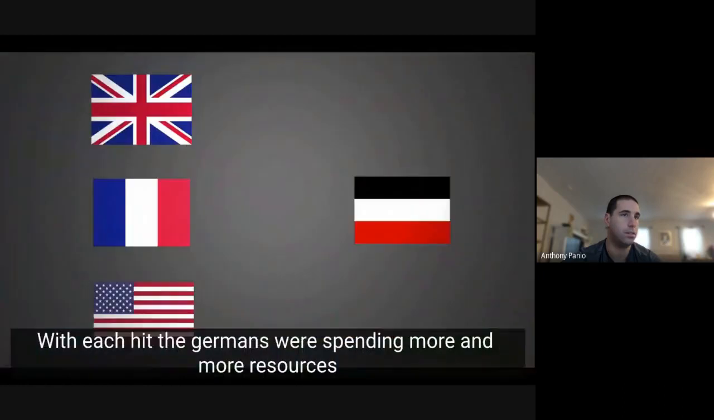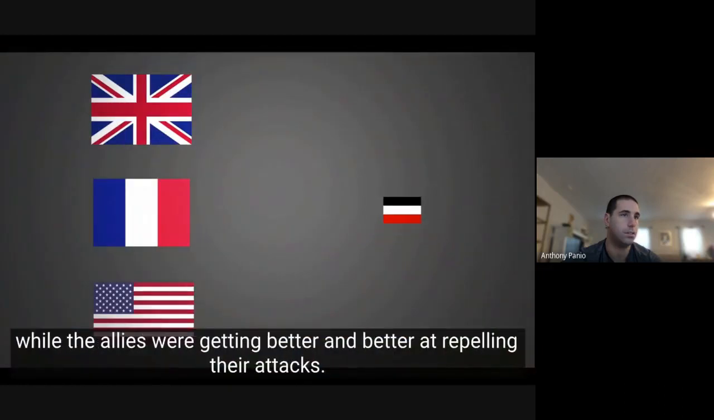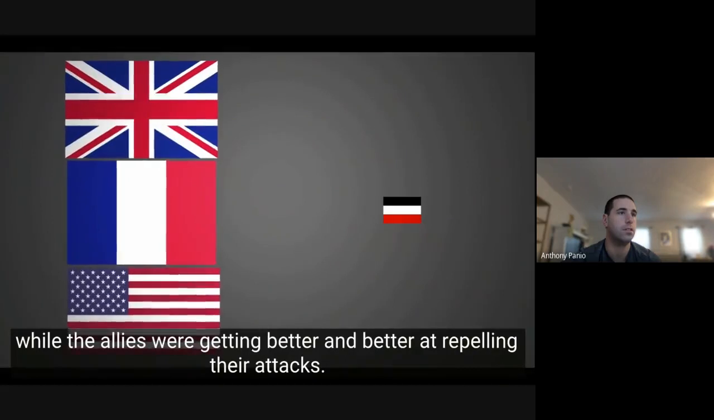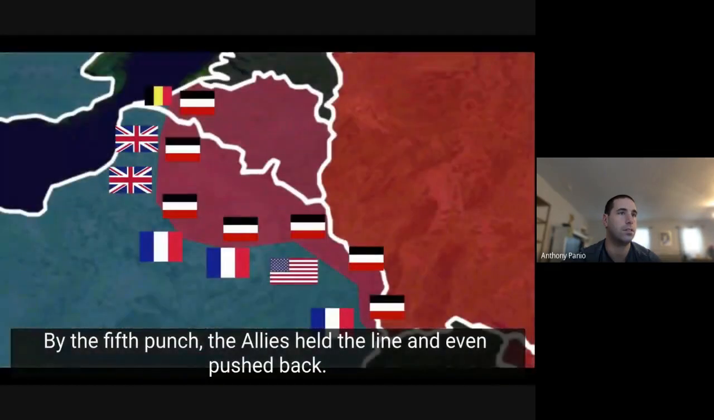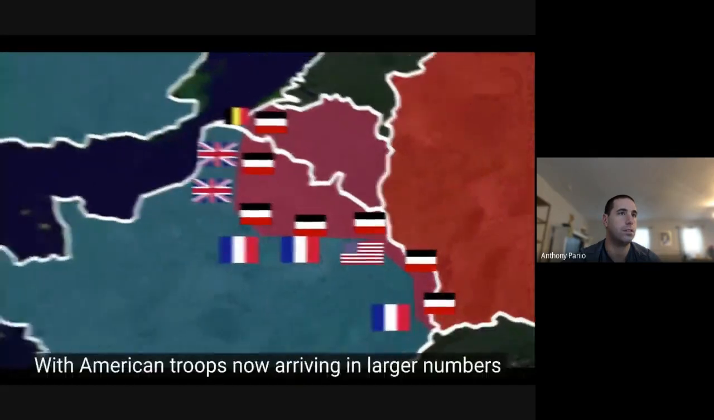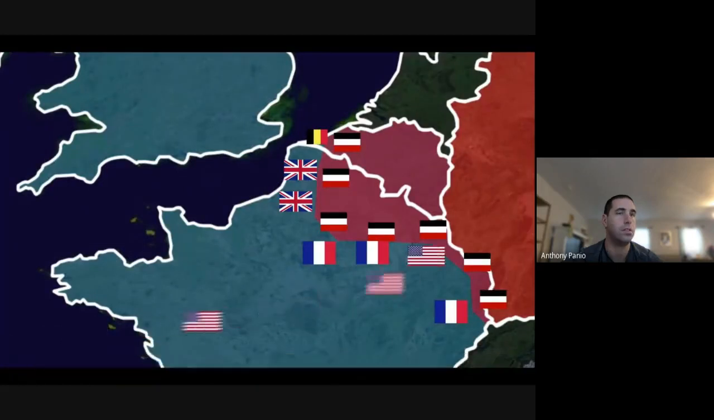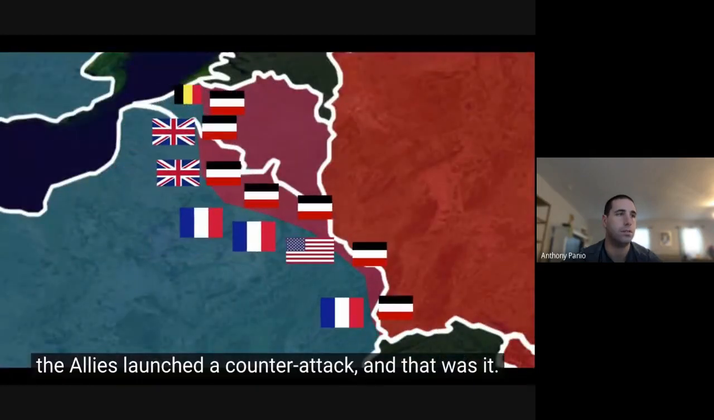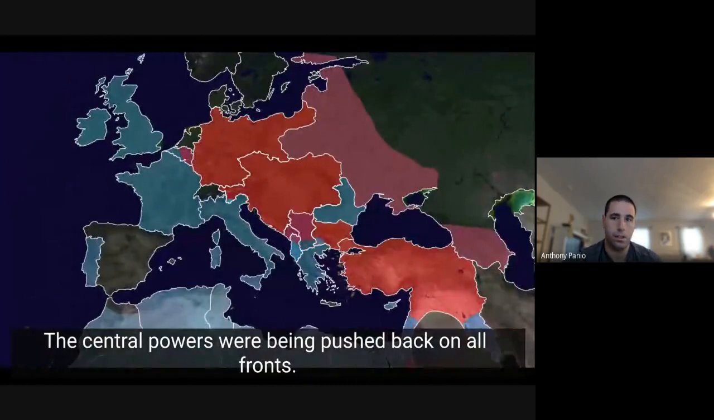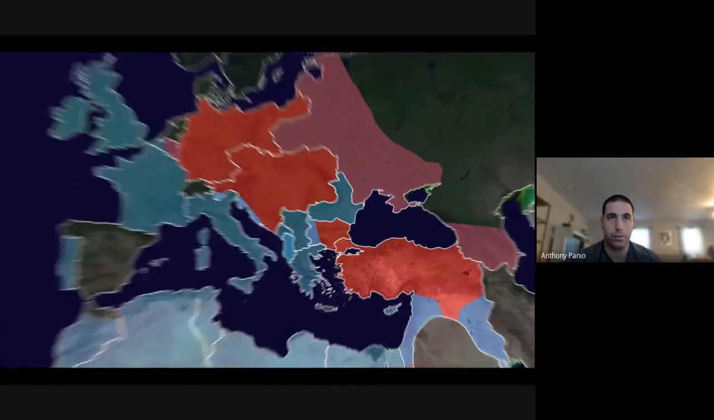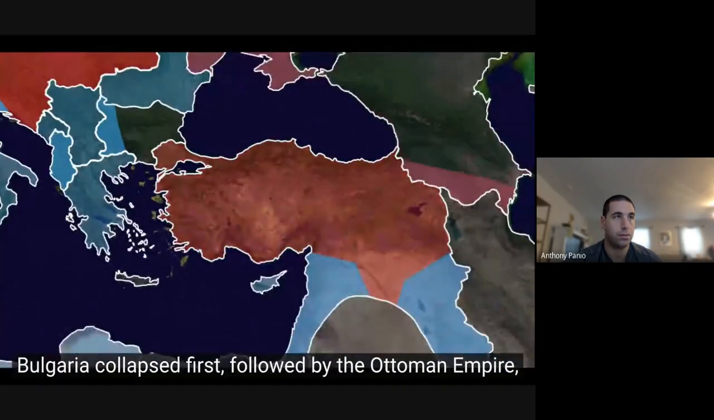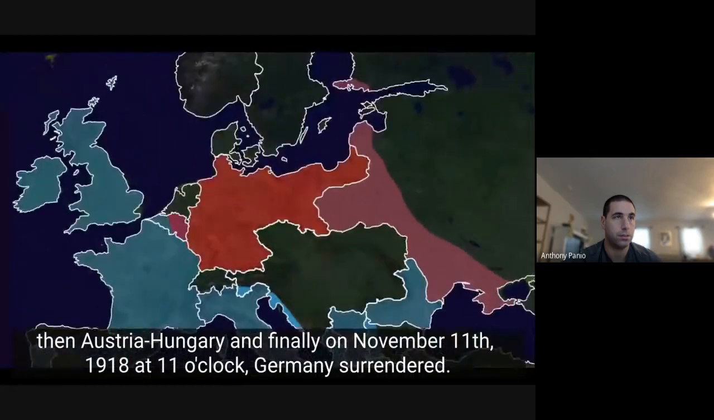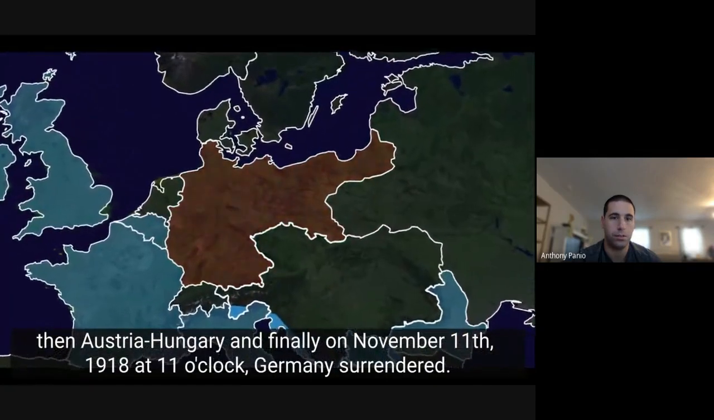With each hit, the Germans were spending more and more resources, while the Allies were getting better and better at repelling their attacks. By the fifth punch, the Allies held the line and even pushed back. With American troops now arriving in larger numbers, the Allies launched a counterattack, and that was it. The Central Powers were being pushed back on all fronts. Bulgaria collapsed first, followed by the Ottoman Empire, then Austria-Hungary, and finally on November 11, 1918, at 11 o'clock, Germany